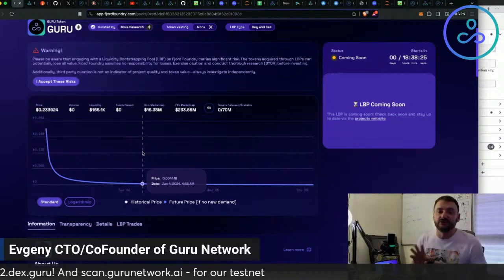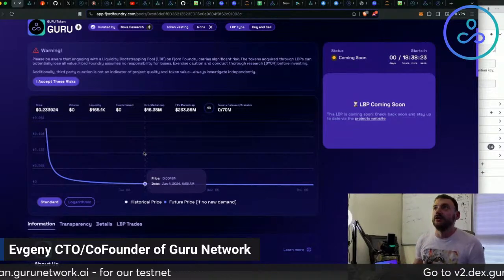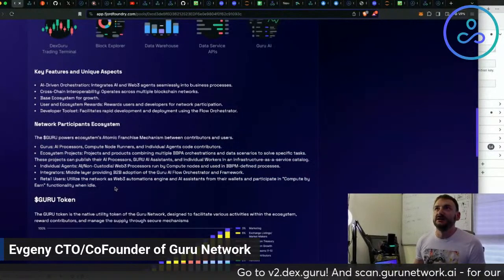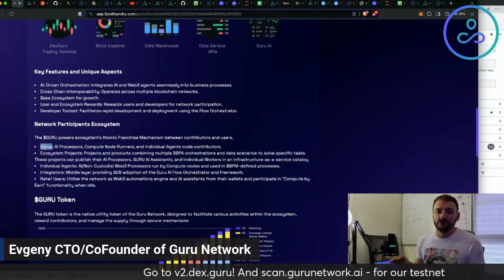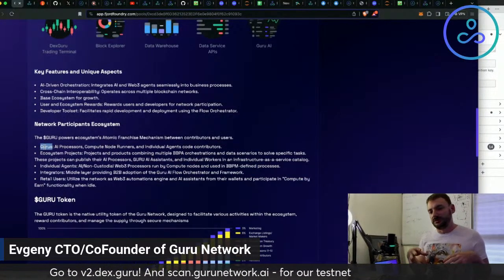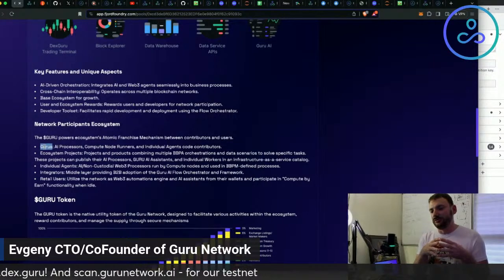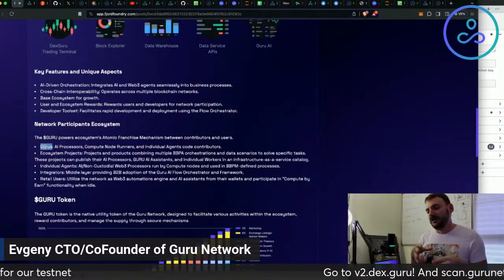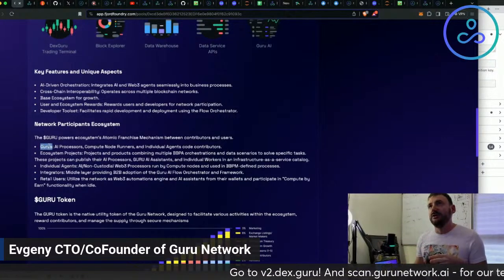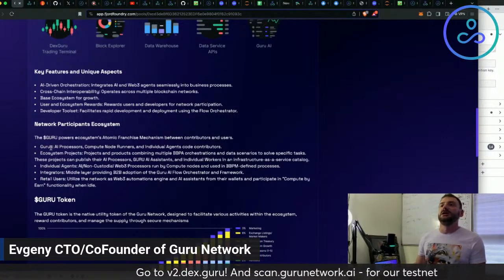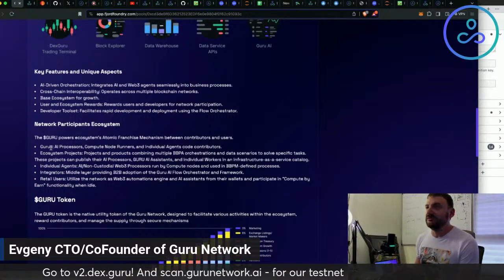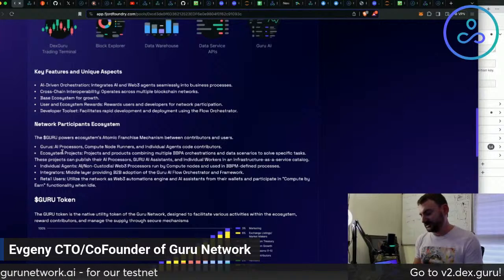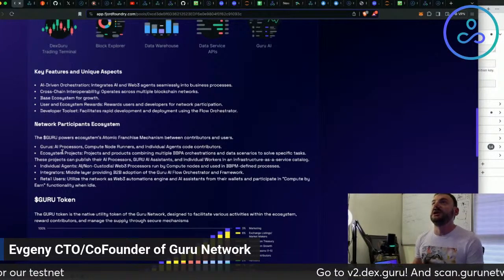Then we launch mainnet with an economy where all network participants are incentivized to contribute to the platform, to the catalog of snippets and automations, and earn fees whenever anyone uses them. You specify instantiation fees, for example, and everyone pays them if they reuse your automations.